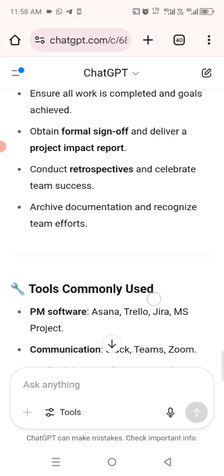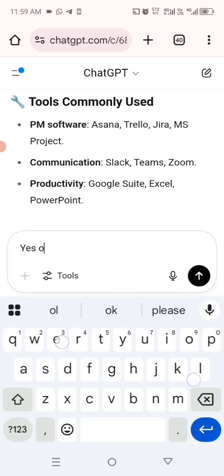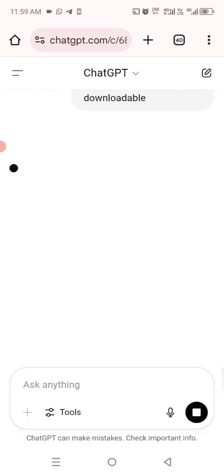And the cool thing is that it would even, of course, ask you, would you like the summary in PDF format for easy download, which is a very key thing that we need to do based on the next step to make it even easier for you to study what you have just created as a summary. Okay, so I can see yes please, get the PDF downloadable. Okay, from just yes please,